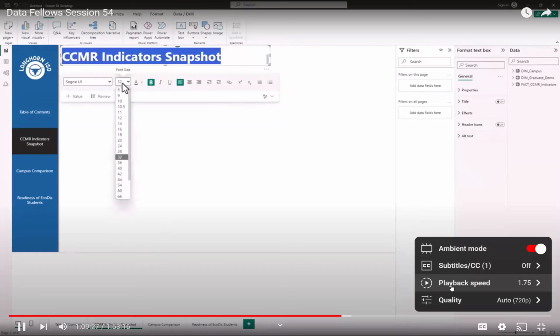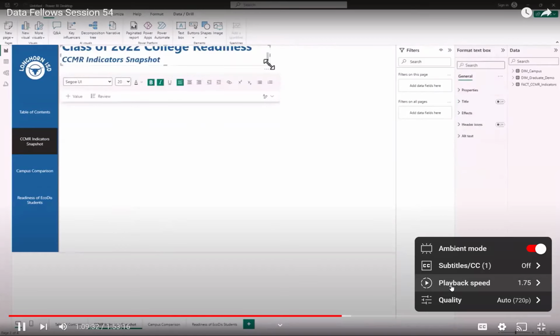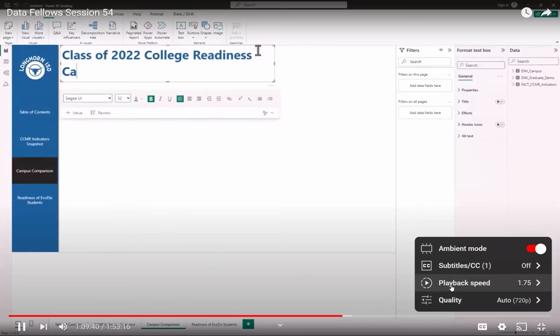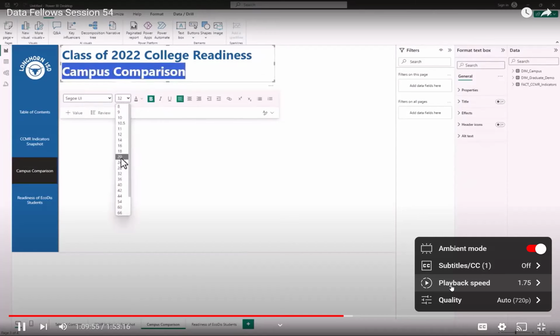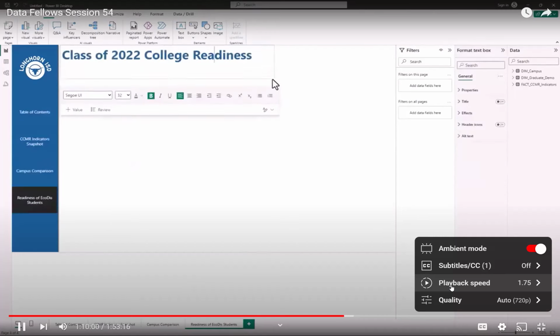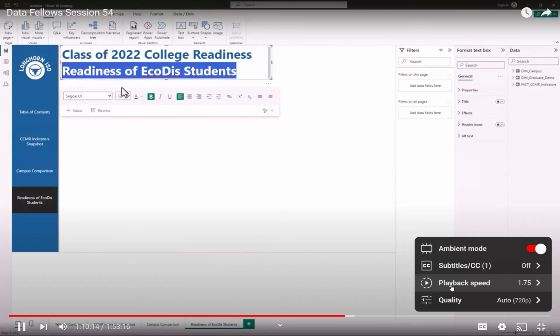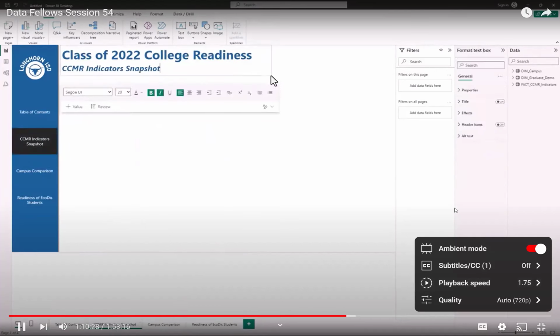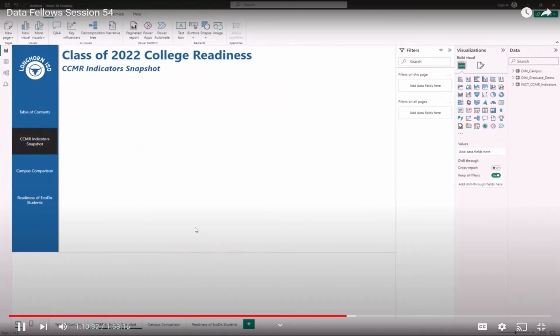Keeping in mind that if your text kind of goes out of screen, you might have to just click on your text box and move it down a little bit. Once we've updated all of the subheaders for our dashboard, we can go back to our CCMR indicator snapshot, and let's go ahead and begin working on some visuals for our dashboard. So starting with our CCMR indicator snapshot,